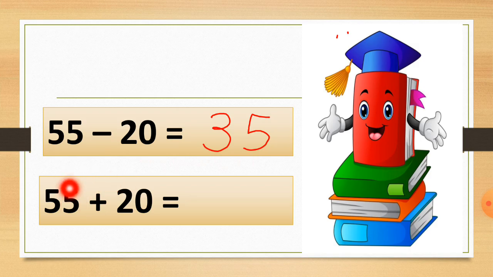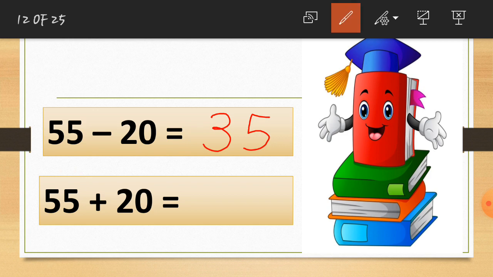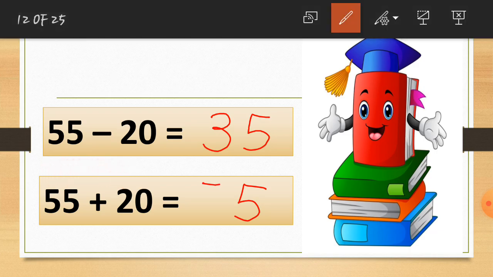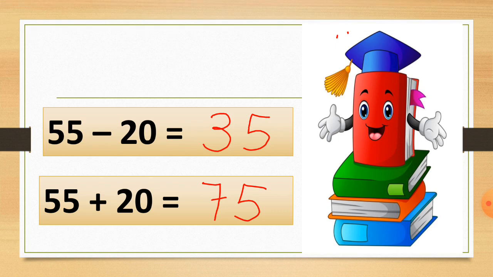So here we write the ones value as it is first. So I write the number 5 as it is here. You can see this. Now the tens value is 5. So here we add 20. So we have to add this 2 to this 5, which is at the tens place. So 5 plus 2 is equal to how much? 5 plus 2 is equal to 7. You can see this. Now here we get the answer, it is 75.